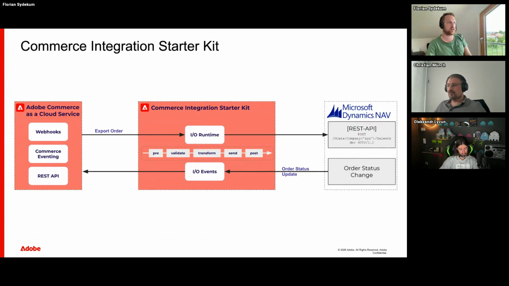And the magic behind those integration starter kits is that it gives you a blueprint, meaning that in any transformation step, you have some kind of pipeline, which you see here, which consists of different steps like pre-validation, transformation, sending, and then doing some stuff after this. It gives you already a blueprint, and you just have to implement the last mile, meaning that you, for example, just have to implement the data transformation between this system and this system. And maybe for sending, you just have to implement some API of the system, for example, right?